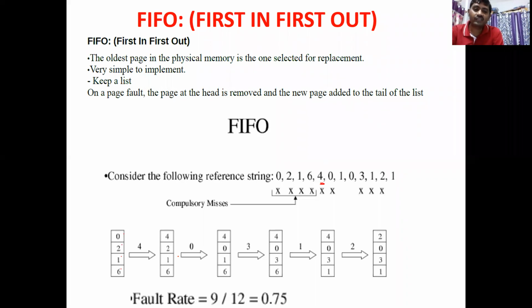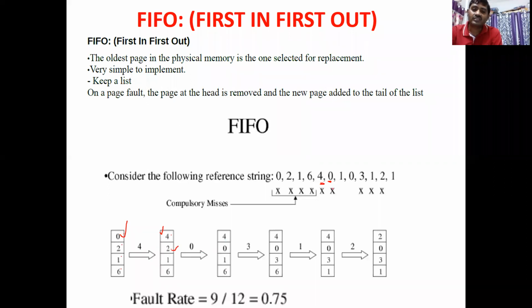So the next one to be entered is 4, which means what we need to do is see which entered first. That is 0, so 0 is replaced with 4. Okay. The next one that needs to come in is 0. See which one entered first, out of which the most recent is 4. Which one is the oldest? This is 2, because 2 entered first, right? Among all these, 2 entered first. So this has to be replaced with 0.